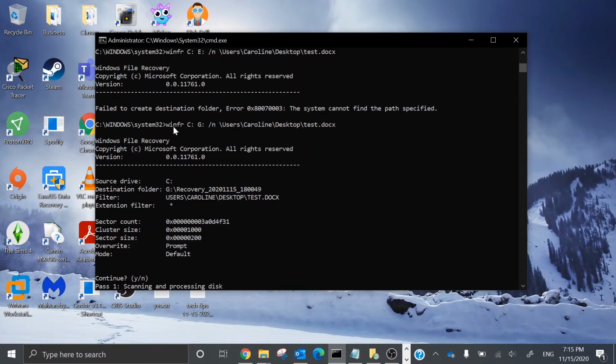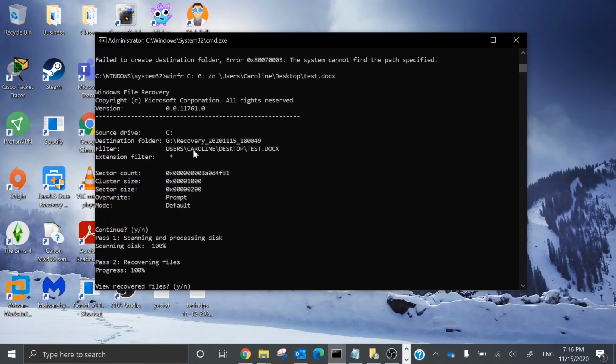So I typed in the command winfr C:, which is the C drive, and then my USB drive, which is G:, then /n as in Nancy, and then /users/ and then my username /desktop, that's where it was saved to, and then /test Word document basically. And then I hit enter, and then this came up,